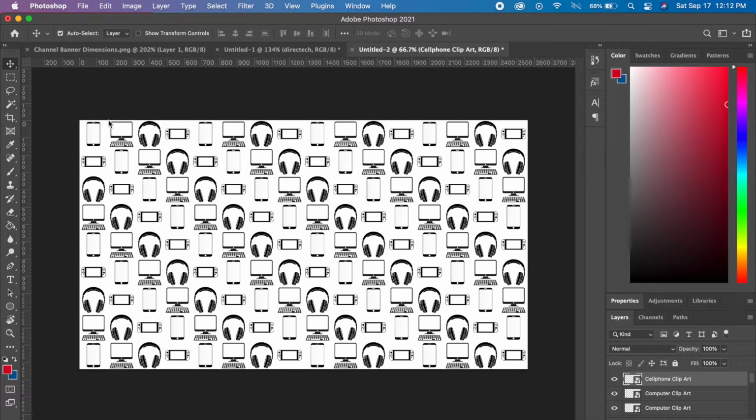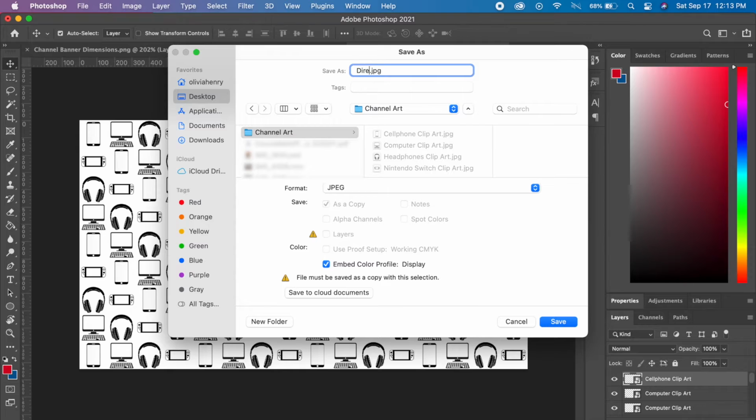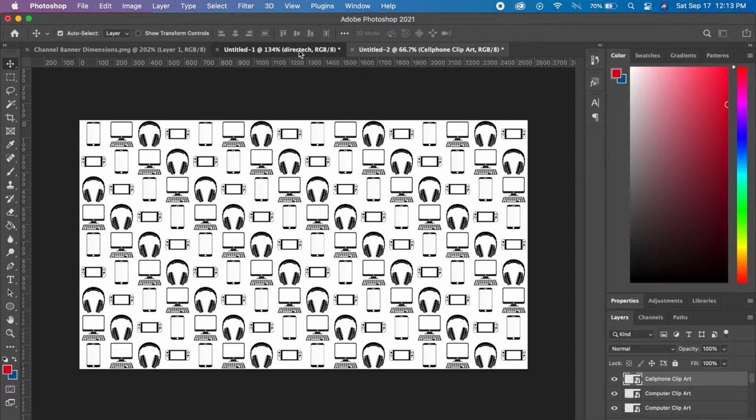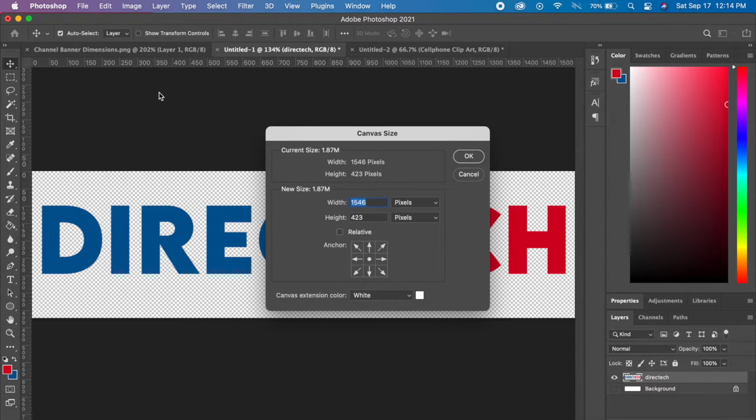File, save as. We're going to change the format to a JPEG, Direct Tech background. Save. Okay. Then we're going to go back over to this tab and go to Image, Canvas Size, and change the canvas size to the size for the TV, which is 2560 by 1440.